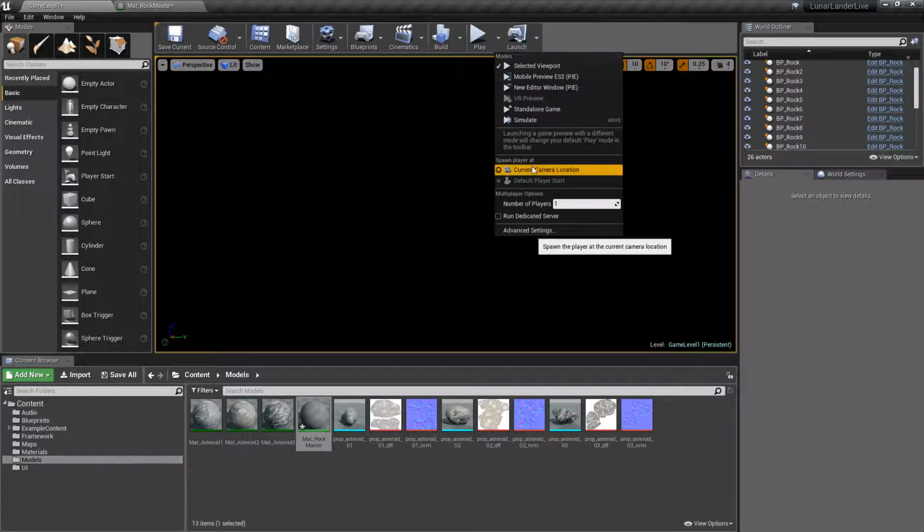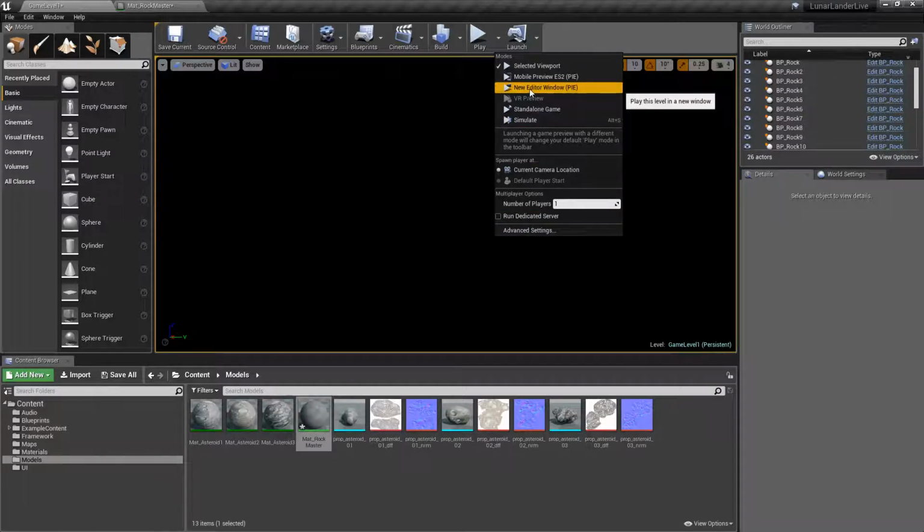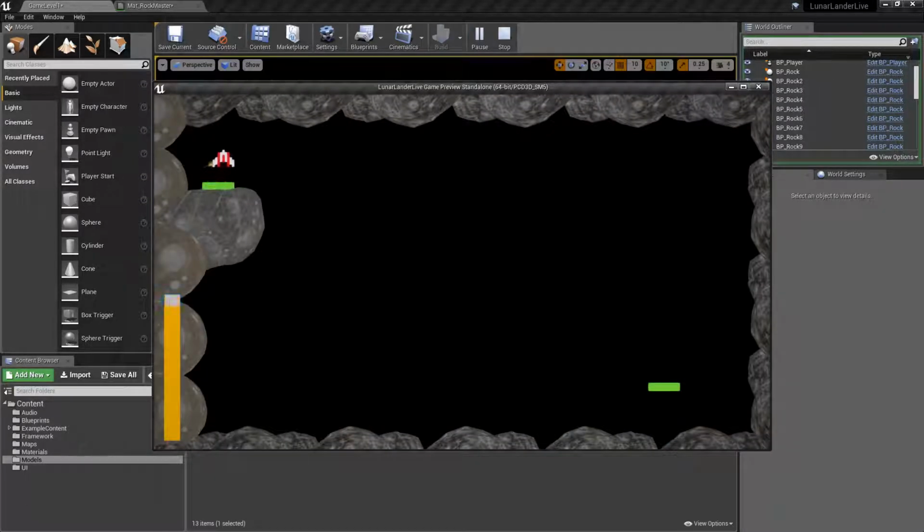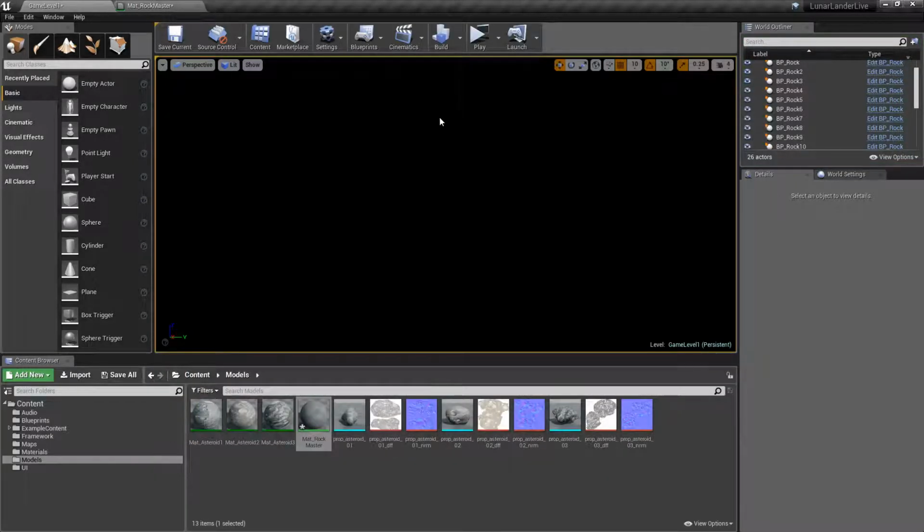Okay, and I want to change this to editor window. There we go. So here's what it looks like now that we have a level set up, and we brought in our rocks from the other one. And we do have the issue where we should be able to go through everything, because we don't actually have collision set up properly on